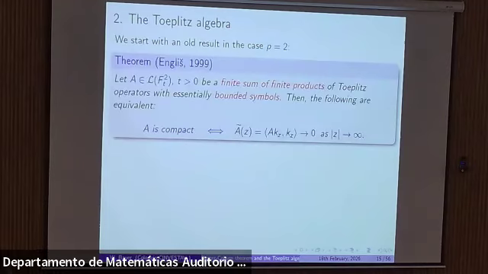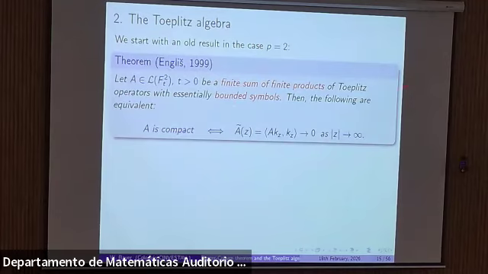So I want to start with a very old result by English, and now we are only in the Hilbert space setting, so p equal 2 from now on. And English observed this. If you have an operator, a bounded operator on the Fock space, and if this is a finite sum of finite products of Toeplitz operators, and these operators have essentially bounded symbols, then the Berezin transform of this operator tells you something about